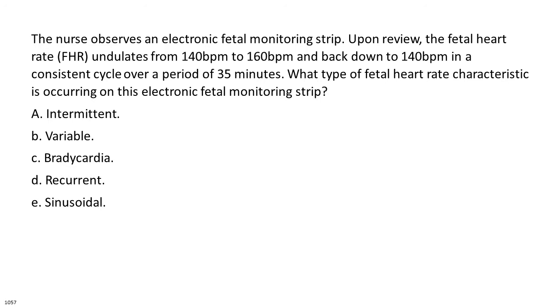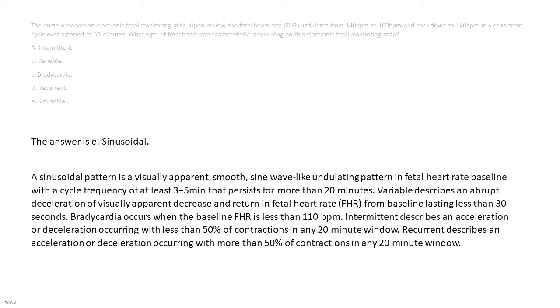A. Intermittent. B. Variable. C. Bradycardia. D. Recurrent. E. Sinusoidal. The answer is E. Sinusoidal. A sinusoidal pattern is a visually apparent, smooth, sine wave-like undulating pattern in fetal heart rate baseline with a cycle